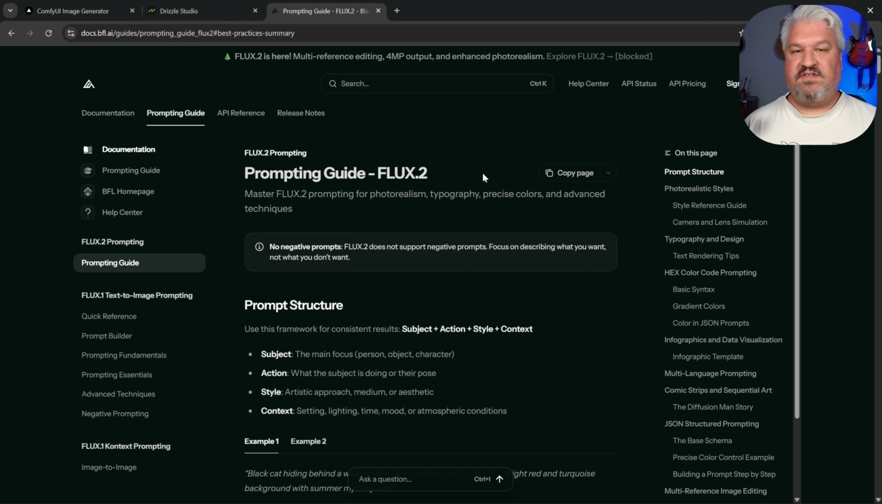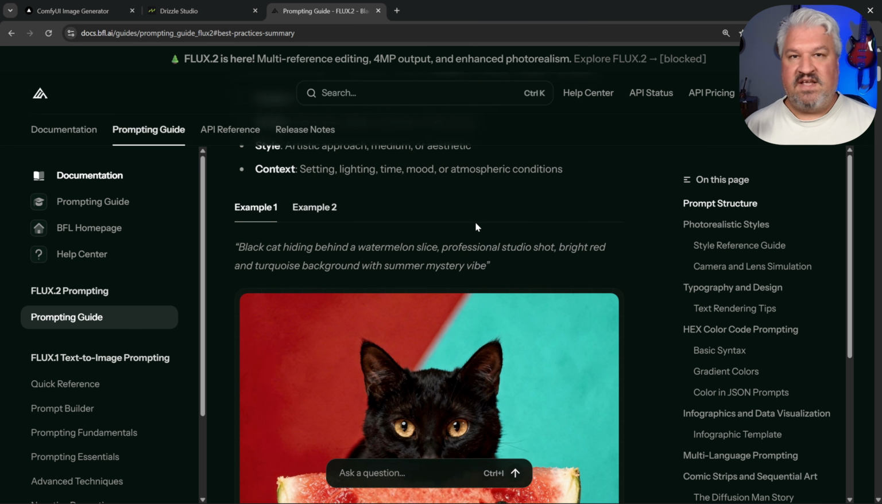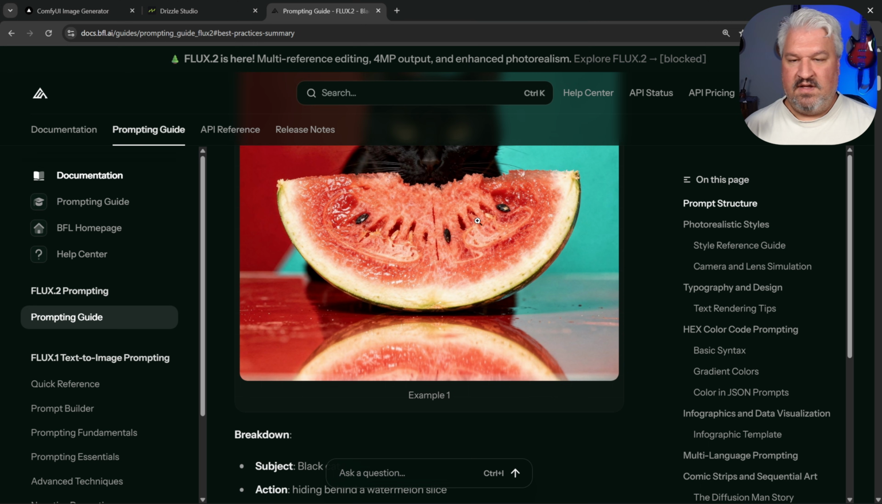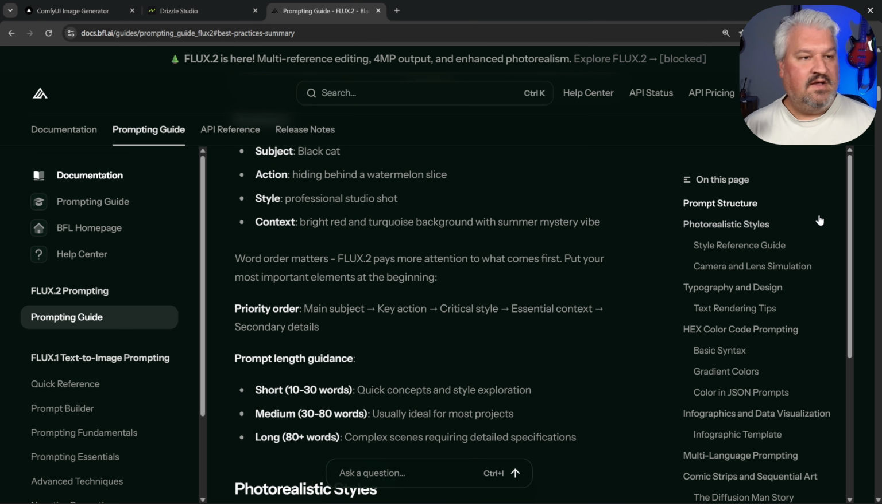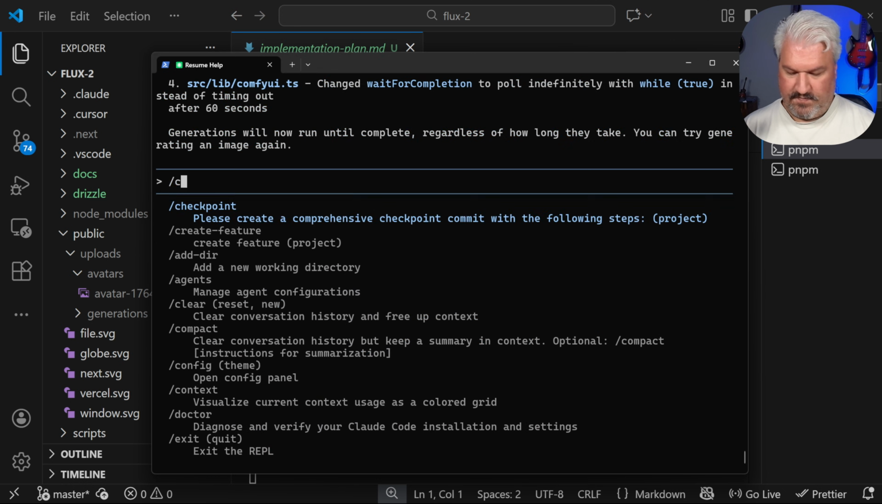Now I do want to take this a step further. All of these models usually come with some kind of prompting guide. So I'll link to this article in the description as well. This gives us a lot of different settings and example prompts that you can use with Flux 2. So if you are following along with Flux 2, then copy this page,